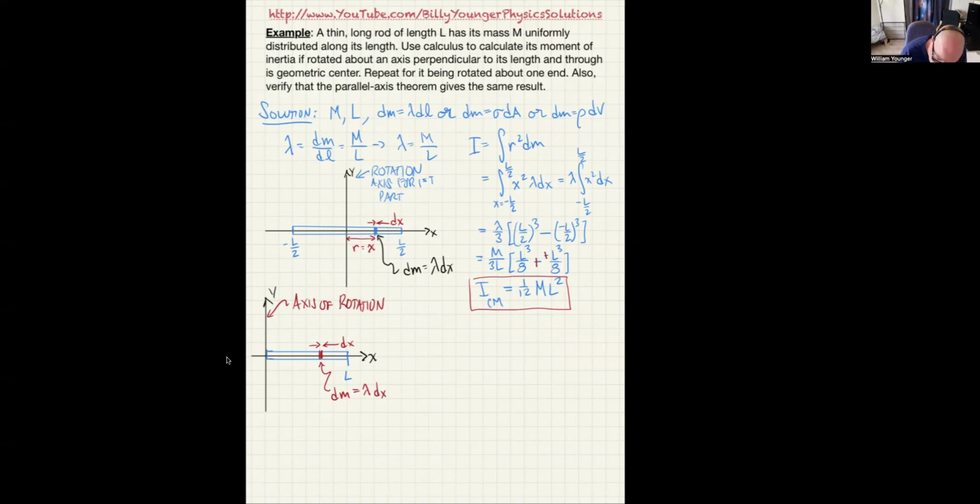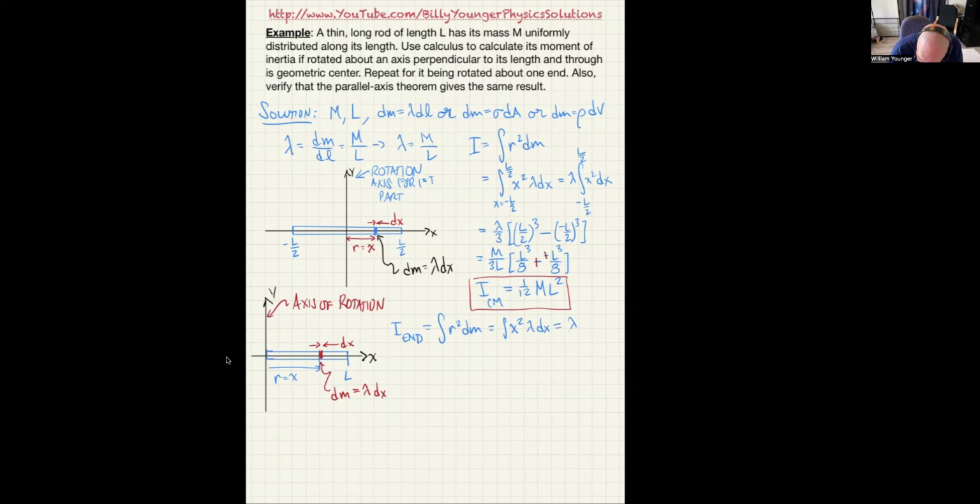So now we can do the integral again. This is the moment of inertia about the end, which equals the integral of r squared dm. You can see, in fact, that the distance from here to here is x, but that also qualifies for what we would call r, the distance from the axis of rotation to the actual differential mass element. So we now know that we can write this as the integral of x squared lambda dx,